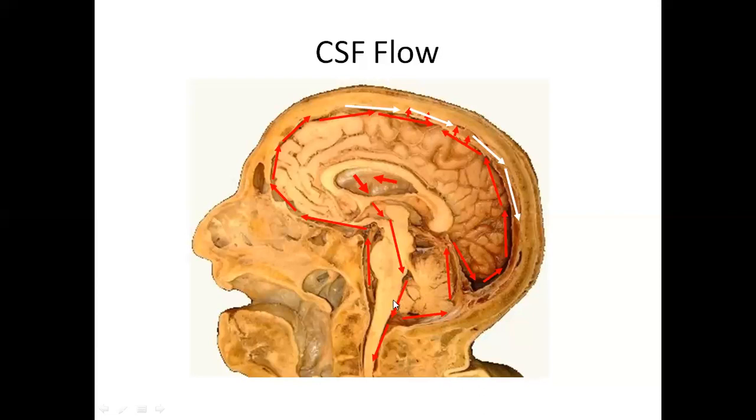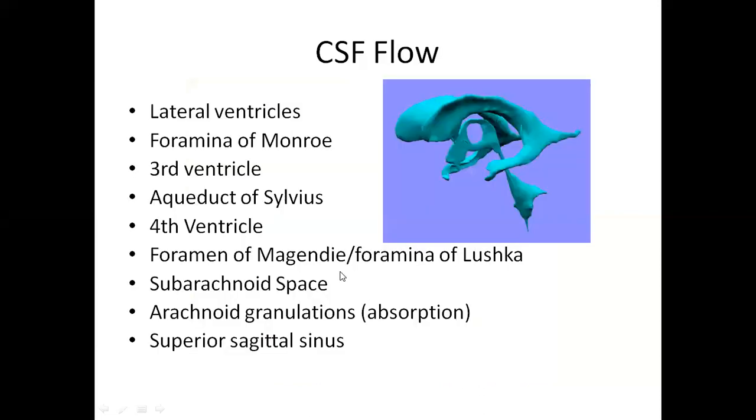In the fourth ventricle, we have certain openings: the foramen of Luschka and the foramen of Magendie. Through these, the CSF moves out into the subarachnoid space. That is how the CSF moves from the lateral ventricle to the third ventricle, from the third ventricle to the fourth ventricle, and through the openings of the fourth ventricle, it enters into the subarachnoid space.